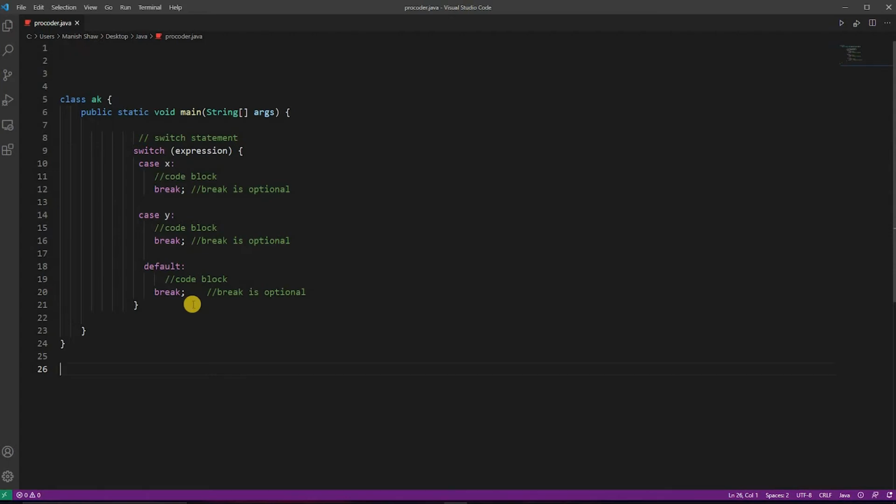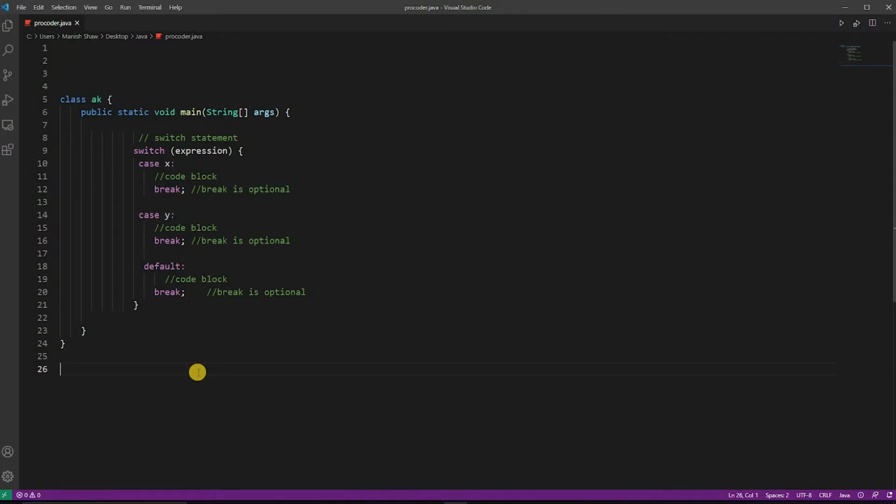The break statement is optional. If omitted, execution will continue on into the next case. The default statement is optional and can appear anywhere inside the switch block. In case it is not at the end, then a break statement must be kept after the default statement to omit the execution of the next case statement. These are some important rules for the switch statement.